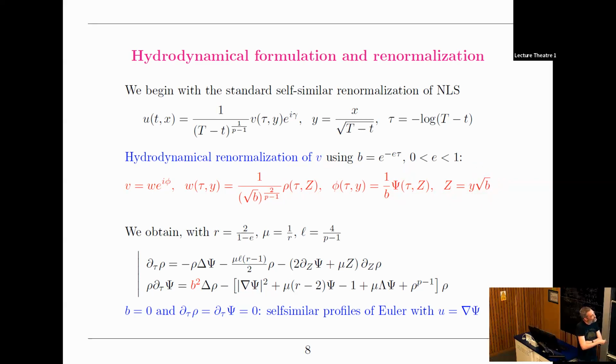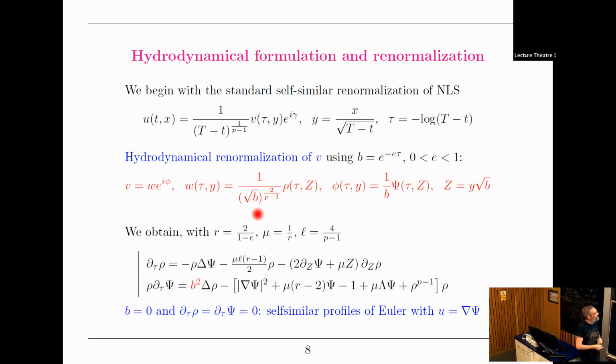So here what you should understand is that this is a so-called front renormalization. In other words, if you are in self-similar variables, given that Z is equal to y square root of b, if you think that these functions are localized functions of Z, so think of a limit, I'm thinking of converging to a stationary solution in these new variables. So if I had a stationary solution of Z, or a stationary profile of Z, then what I would see in the y variables and the self-similar variables is a front. In other words, I would see something whose support is growing like 1 over square root of b. So you have a front that is invading the whole domain.